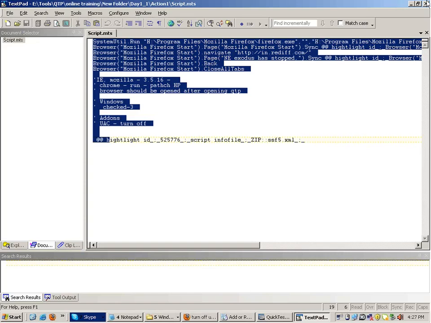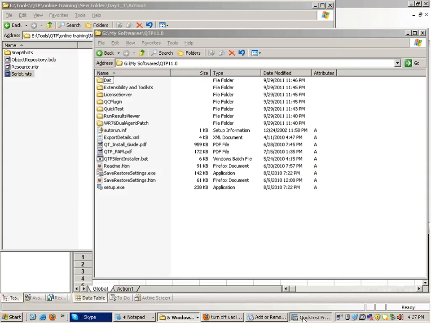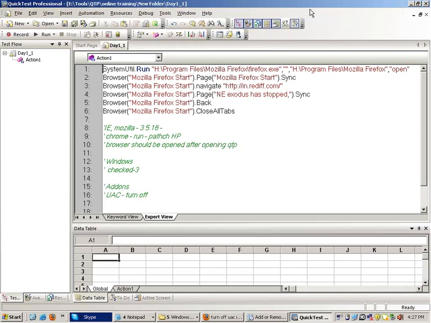Now we studied the simple record run feature, the various rules, and saving the script. Fine. Now let's move further on.